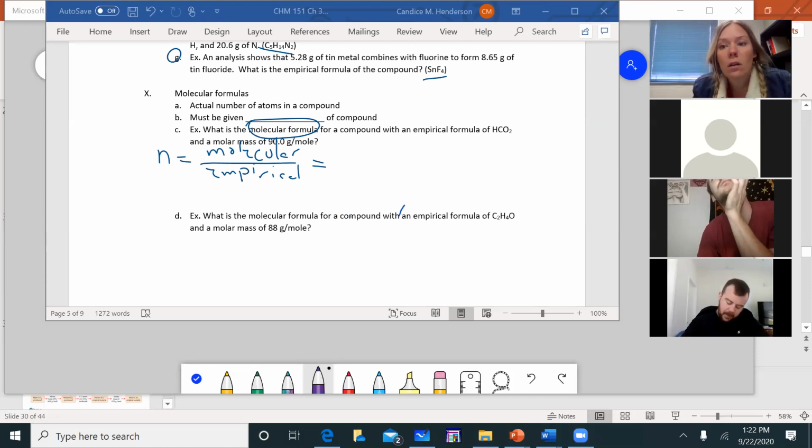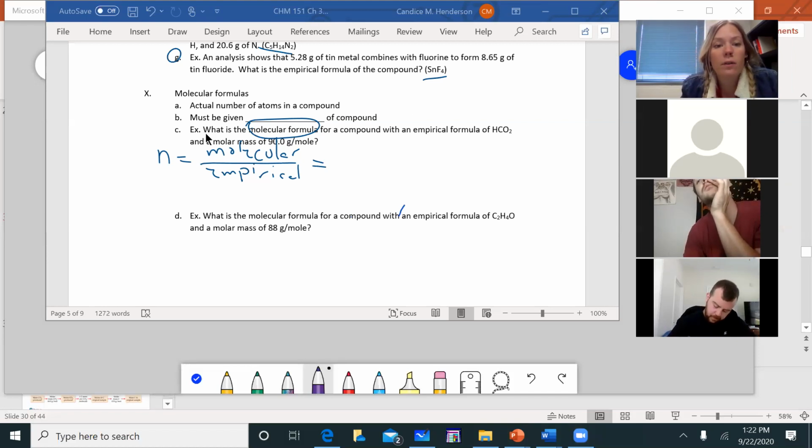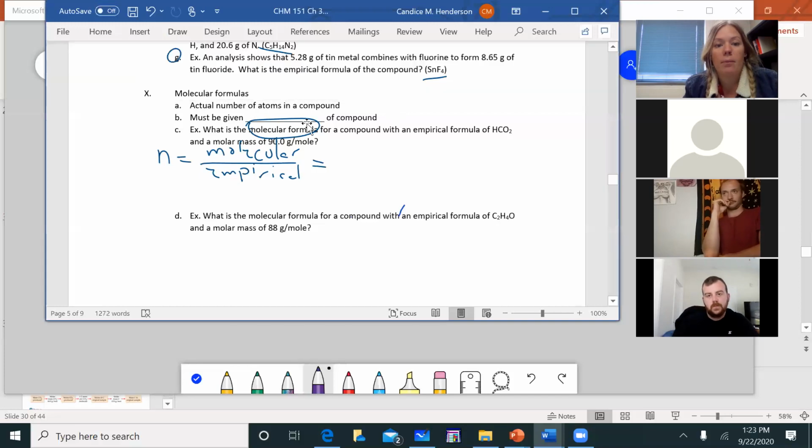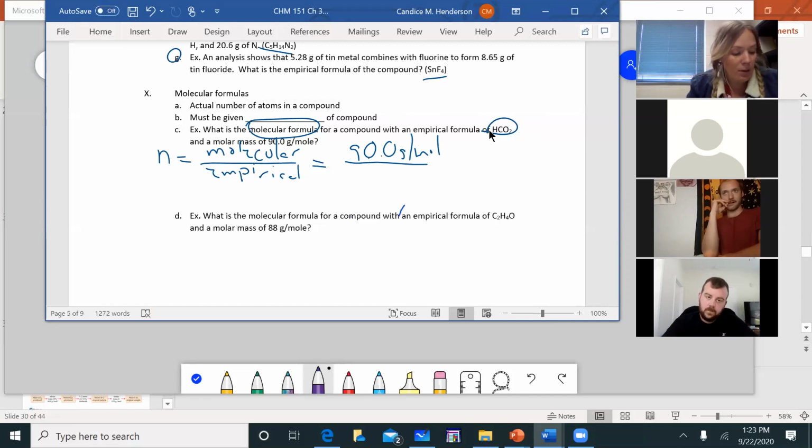Okay, so when solving for molecular, you always need to find that N value, that multiplier value. So put the molecular mass over the empirical. Molecular will be the one given to you. So whatever is the mass that's written in the problem, that's the one you're going to put on top. So we've got 90.0 grams per mole. The value on the bottom, the empirical, you have to get from calculating the empirical formula